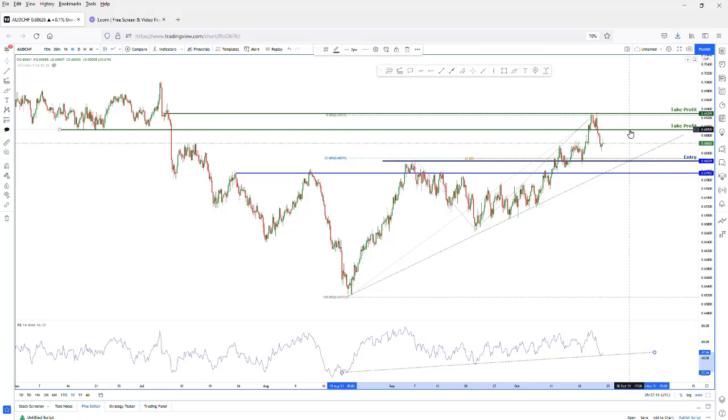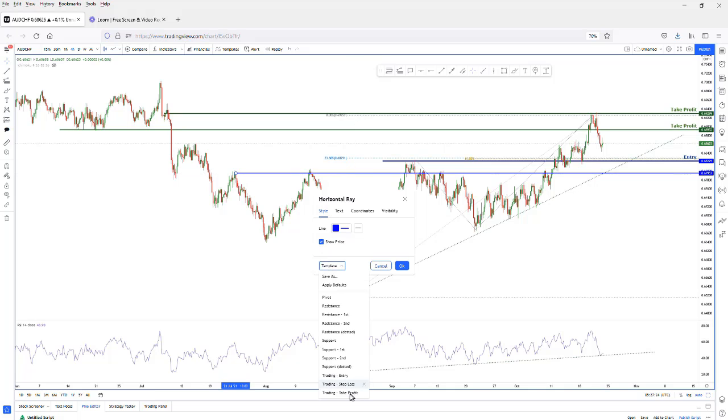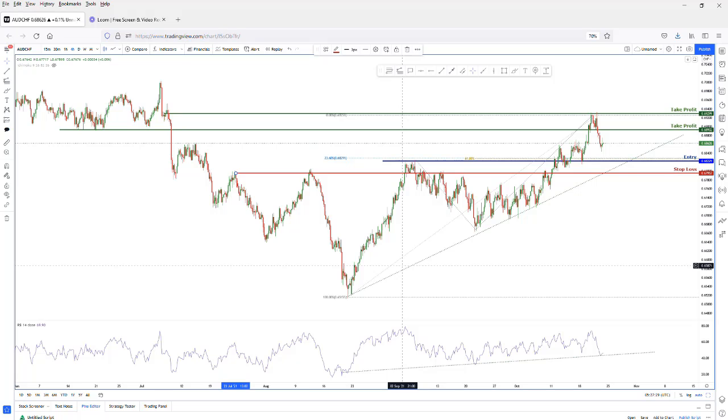Okay, so let me summarize. First, my entry price is at 0.68229. Why do I choose this entry price? Because it's a 23.6 retracement and 61.8 projection. And then my take profit price is at 0.68932, because there's a graphical overlap